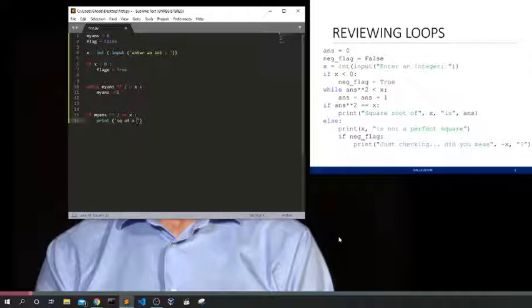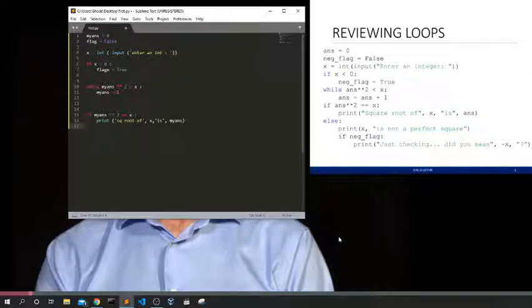I'm going to keep this because the spaces here I think will be a problem. So I'm going to do this: space x, colon, is, colon space my answer.